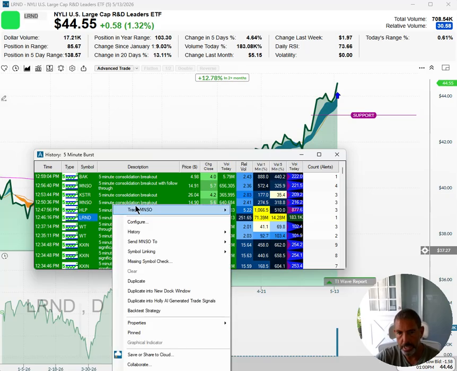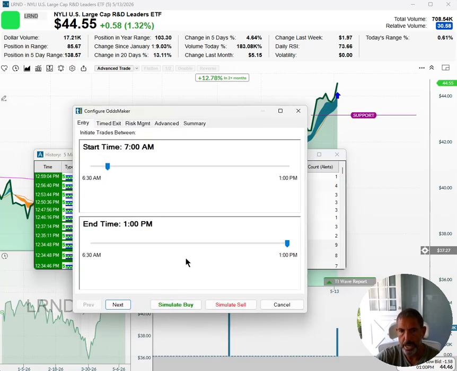So I'm going to right click and I'm going to go to backtest strategy. So the problem here is that for people, we're about to go beyond most people's comprehension. Remember that we are doing event-based testing, not one stock at a time. So let's go from right here. It's going to start the strategy at 6:35, but we're only going to trade it, hypothetically speaking,